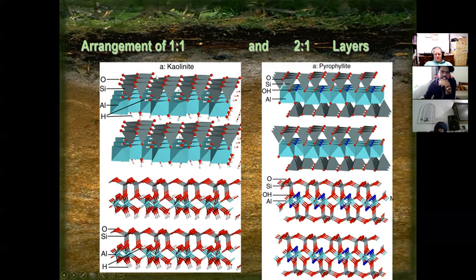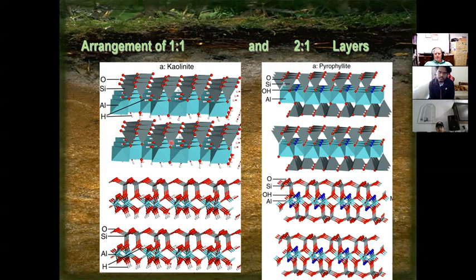Tetrahedron. Yes, perfect. Okay, so this part up here, this is our tetrahedral layer, so 4-sided shapes. And then Manish, down here, what do we got? What are these shapes? It looks like octahedron. Correct. Okay, so when we've got an arrangement of 1 tetrahedral sheet in association with 1 octahedral sheet, that's a 1-to-1. Okay, and